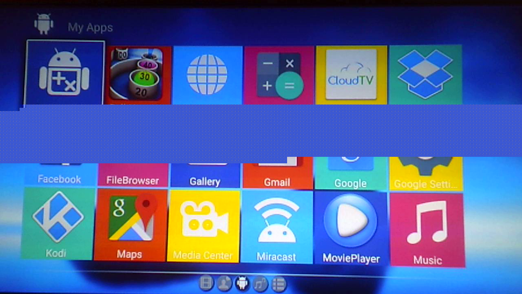Works really smooth. It's actually really fast. It's a little bit more impressive than what some of the other boxes out there are. It's the 5.1 Lollipop, which is the newest setup out there, and it's really quick and smooth. And the box itself, again, is the Mxq Pro. They're universal branded, so you can get them by a lot of different name makers, but the Mxq Pro 5.1 Android, it's got the newest updates of